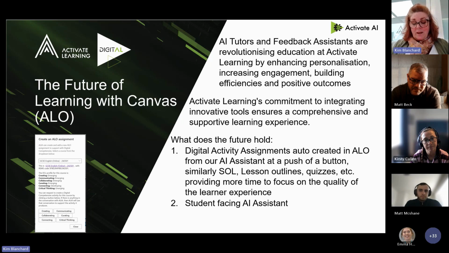And I have to say, we had the pleasure of meeting with Zach Pendleton, the chief architect of Canvas, and Rachel Austin when Canvas had their European CanvasCon in Barcelona. We were very lucky to be able to go, and we are looking at developing an LTI so that we can share this across the Canvas community more meaningfully.